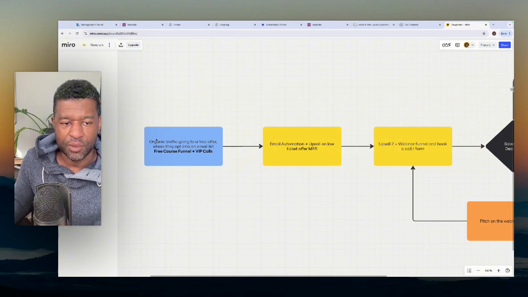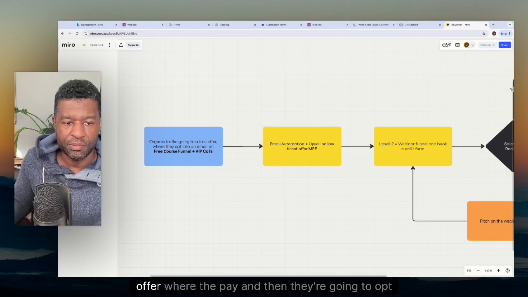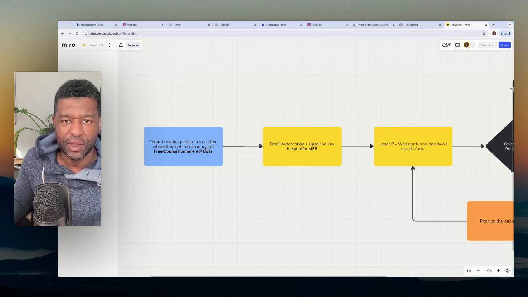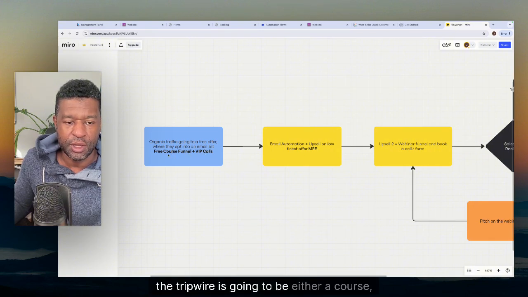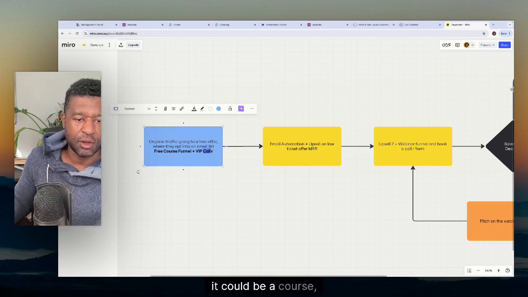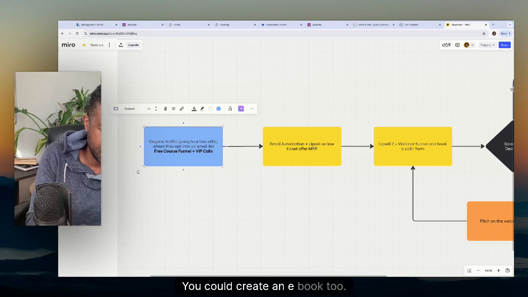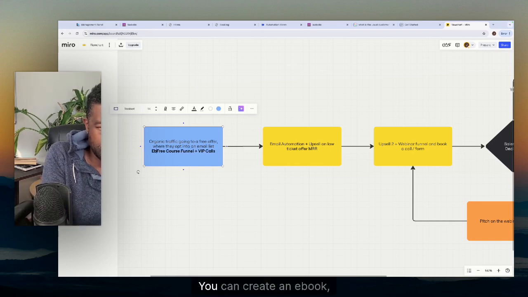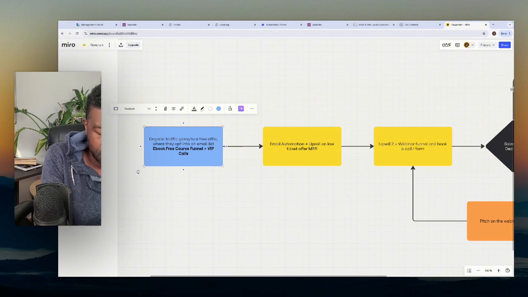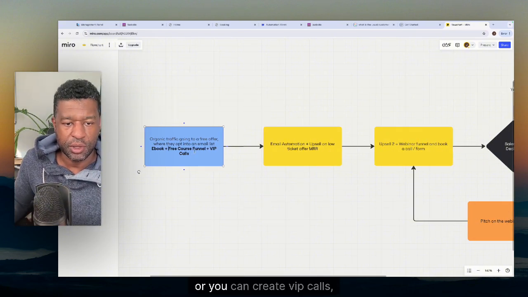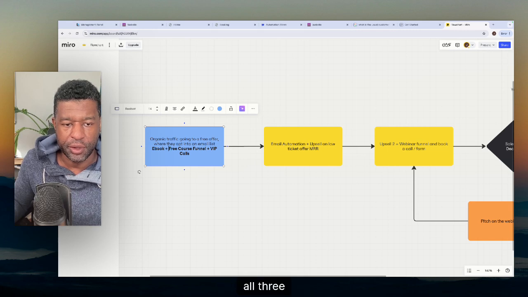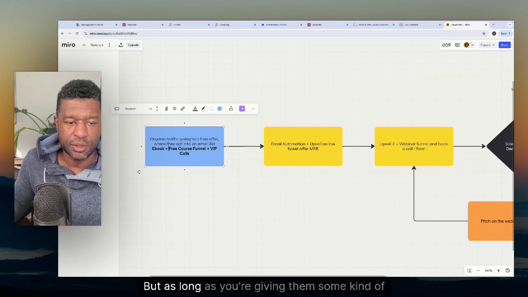So you want to have organic traffic going to a free offer, and then they're going to opt into an email list. You just have to focus on creating an email list of at least 100 members, and with that, the tripwire is going to be a course. It doesn't have to be a course. You could create an ebook too, or you could create a free course, or you could create VIP calls, or even better, all three in some form. But as long as you're giving them some kind of free value up front, the reason why is this